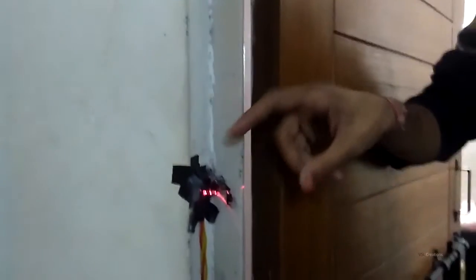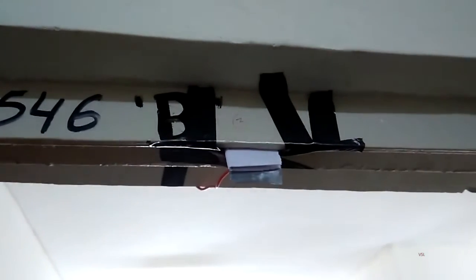So let's start with the first and foremost feature of this home automation. This is the LDR sensor. Here it is, the LDR sensor. A capacitor has been attached to it. The laser makes the connection and this completes the circuit. So if we close the door,